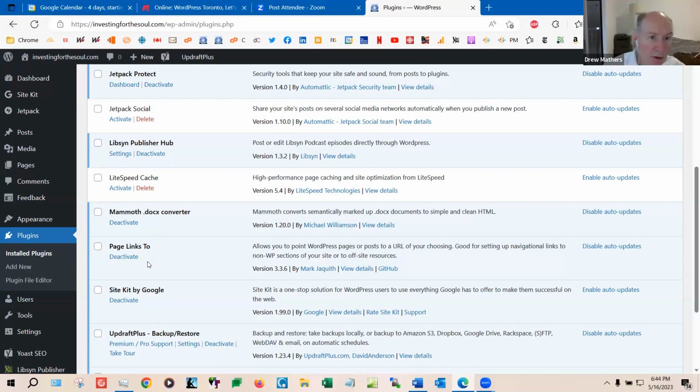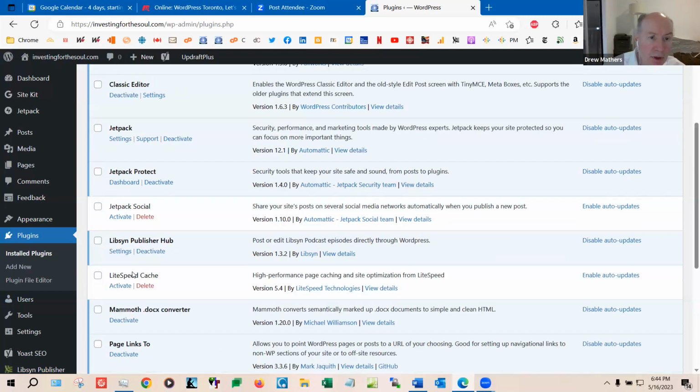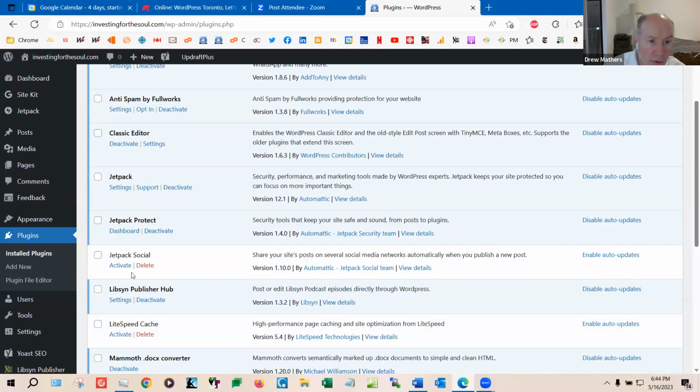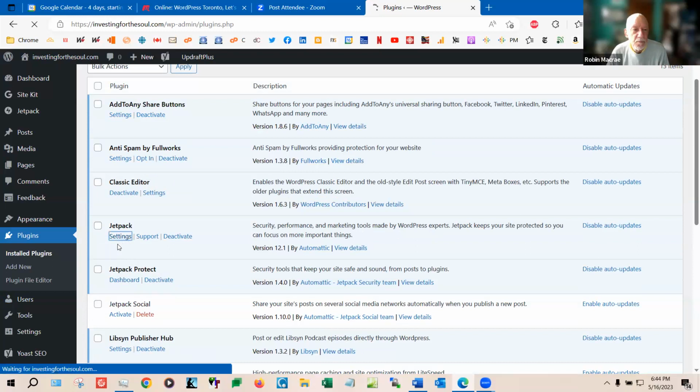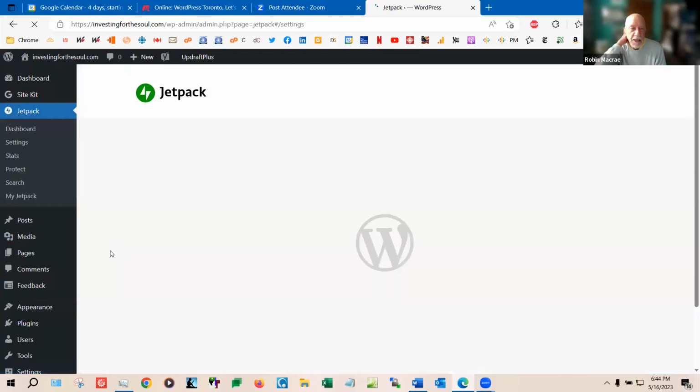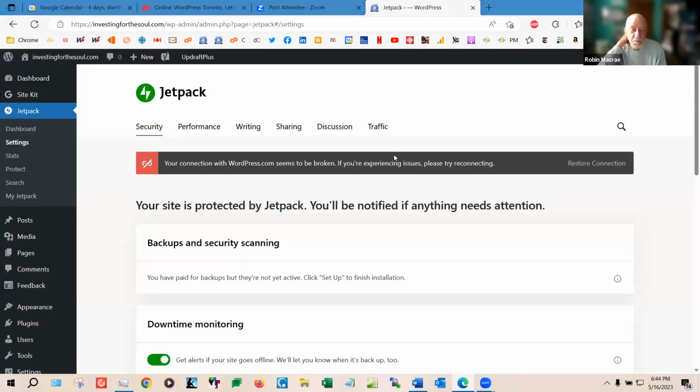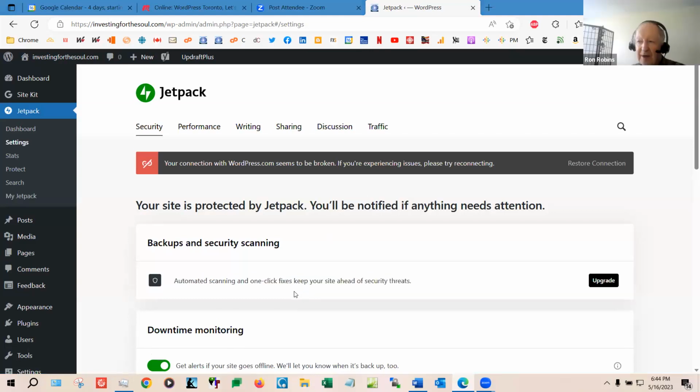What about anything that Jetpack does and doesn't list itself here as a plugin? Well, if you could scroll up just a little bit, you've got Jetpack Social. Oh, and you've also got Jetpack. Let's have a look into Jetpack settings. So what we're trying to do now, Ron, is just identify the potential source places where caching occurs. Right. And it has to be something that's caching site-wide.